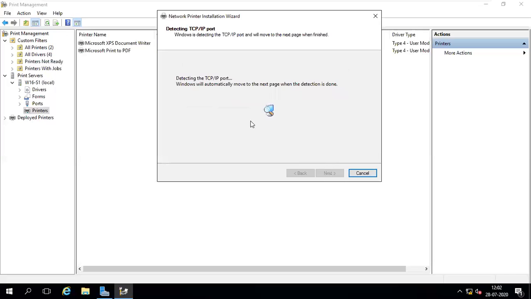Okay. It's searching for that IP address. It won't find anything. Once it is not finding anything, you have to tell what the type of driver is. So think like that, I'm doing this without attaching a printer or before attaching the printer. Okay, we should not do like that, but we don't have a choice.